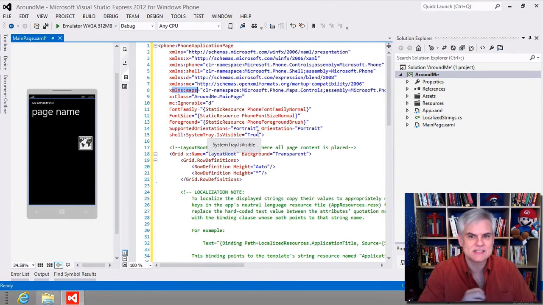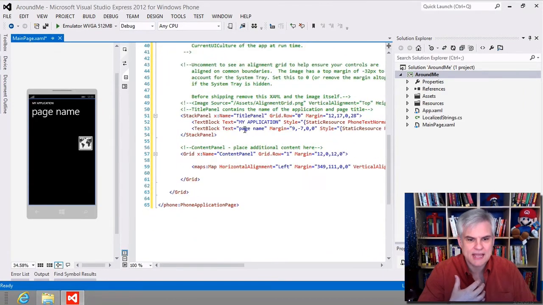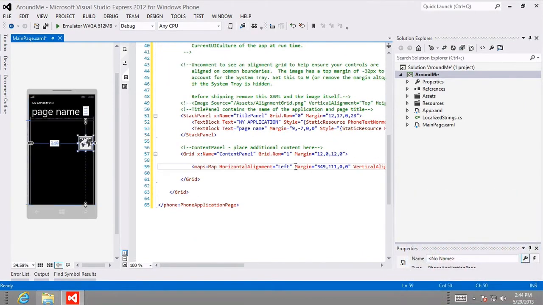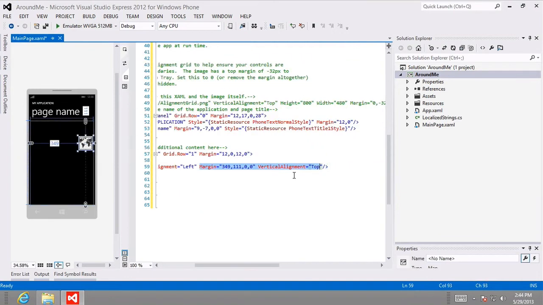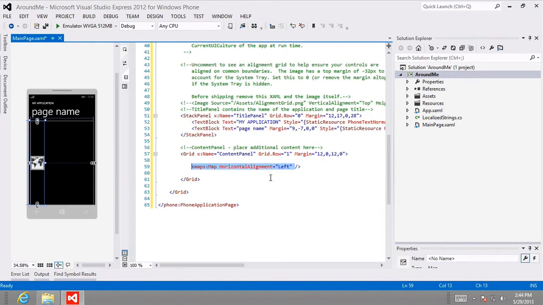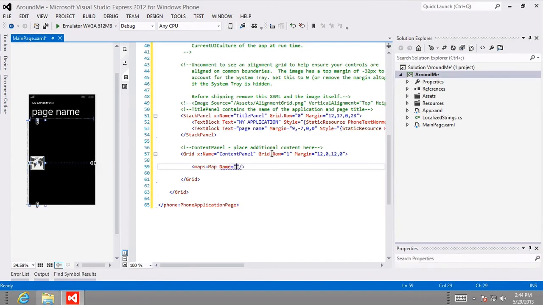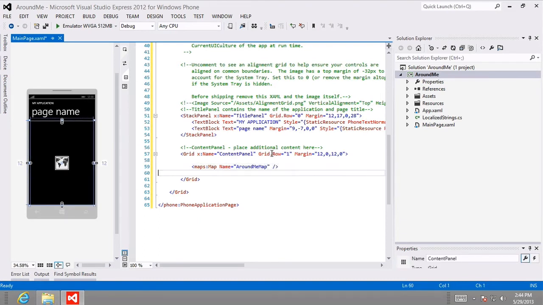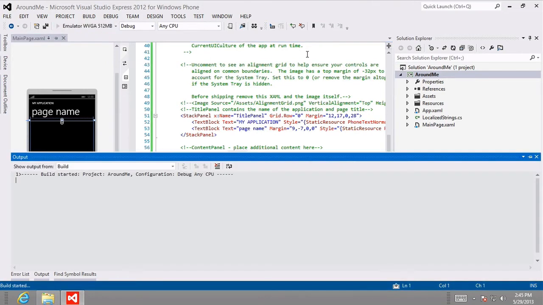I want to edit it to simply sport a name attribute and get rid of all of this margin information and so on. Vertical alignment, we're going to get rid of all that. Horizontal alignment. We just want simply a map with a name. And I'm going to call this the AroundMe map. All right, there we go. You can see by removing all of that positional information, it just centers the map here in my content panel. Very cool. All right, now if I were to try and run the app at this point,